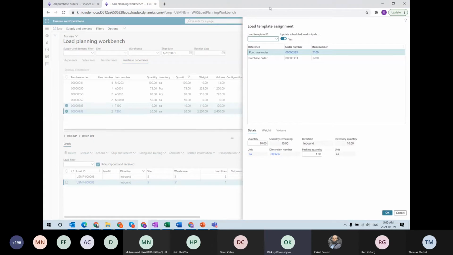And here, all I need to do is select a load template ID. It's basically defining the constraints in terms of the size of that shipping container. So it has some maximum and minimum values on the length and the weights and things like that. So I will have to select a template. That's the only field that is required. So I will select the 20-foot container right here. Here are my two order lines that I'm going to add to that new load,